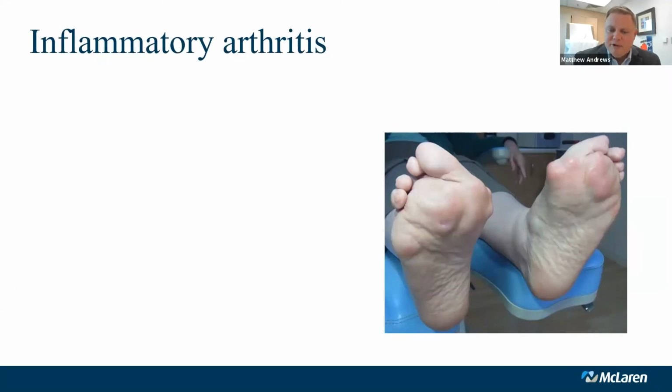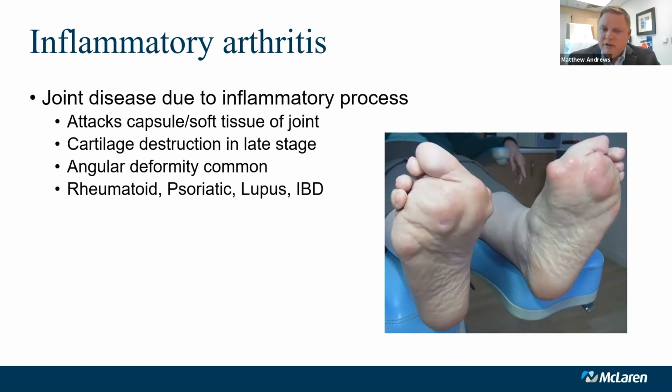I do add inflammatory arthritis in here as well, just because it's a very common thing that we see. So these are inflammatory processes that can affect the capsule or the connective tissue structure that enshrouds the joints. One of the more common ones that we see, and this patient on the right here has a pretty advanced case of rheumatoid arthritis, where we see some soft tissue nodules and things like that on the bottom of the foot, which are just a reactive phenomenon associated with this